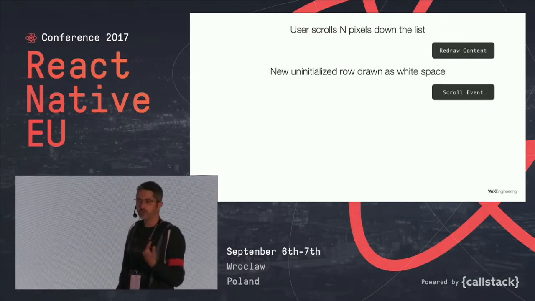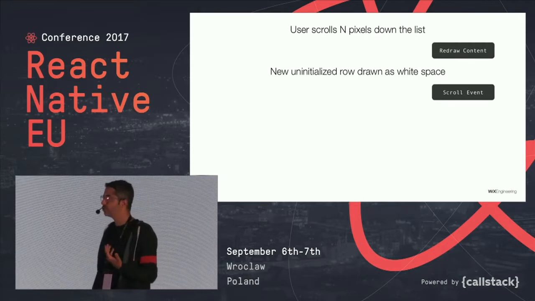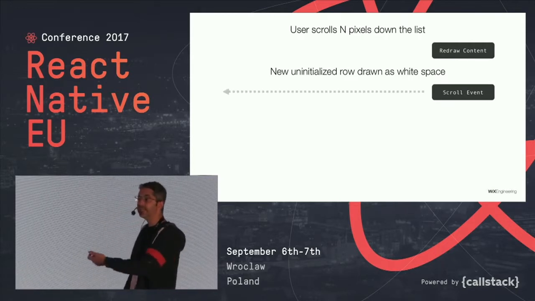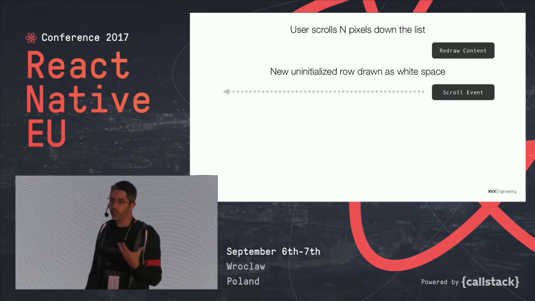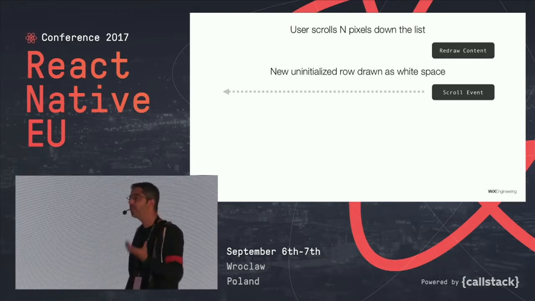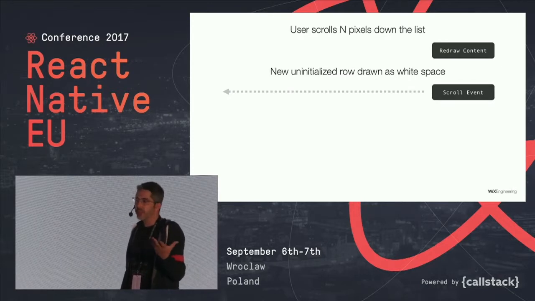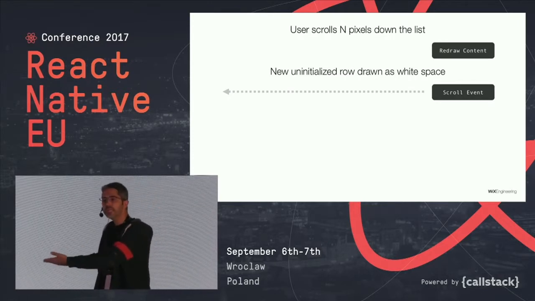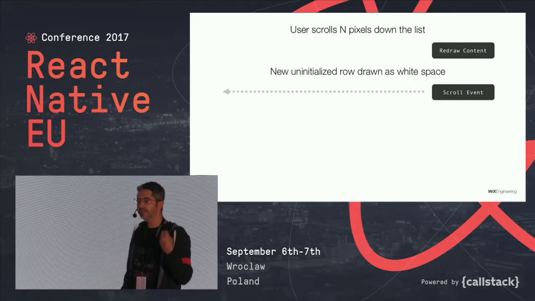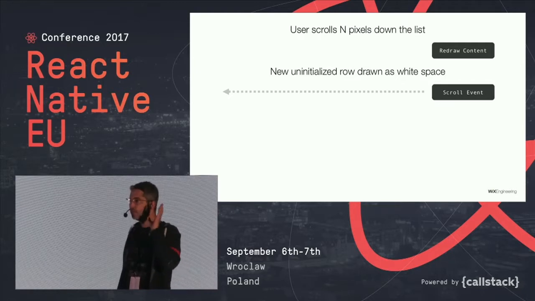Now we do want to start generating content, so we generate a scroll event, and this scroll event has to be sent over the bridge to the other side. Why? Because our business logic that will populate the list exists in JavaScript. There's no way around it. That's just the way it works. Now, it's not only the overhead of going over the bridge. The overhead is waiting until the JavaScript side is free. It's doing other things now. It's processing other things. We have to wait until it frees up to handle this request.